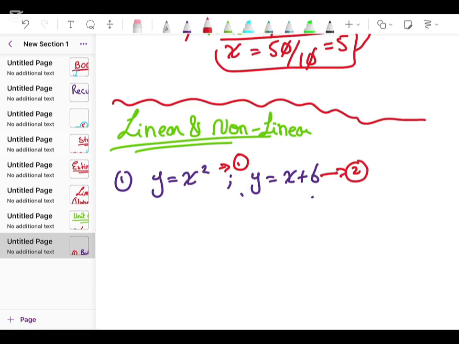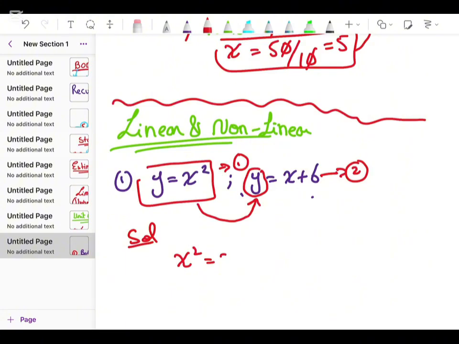So now you can see that y is equal to x square. So I am putting this y value in the second equation. Okay, because y is equal to x square, I will replace this y by x square. So now it will become x square is equal to x plus 6. Now this will transfer to this side, so x square minus x minus 6 equal to 0.